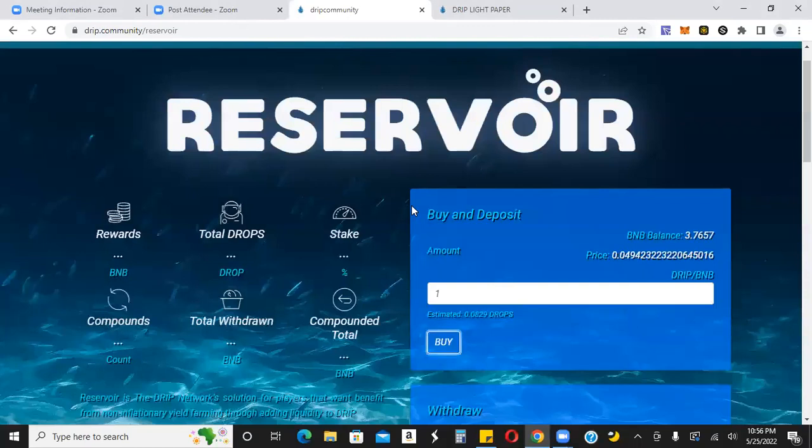So it's simple. Again, now you don't have to put 1 BNB. Put in what you feel like you can to support the platform, support DRIP, right? Maybe it's 0.1 BNB, maybe it's 0.25 BNB, maybe it's half a BNB, and then put yourself on some type of system where you can put in X amount of BNB every